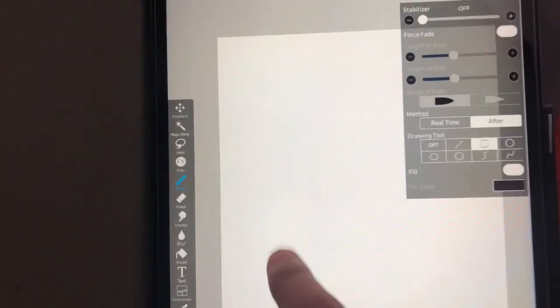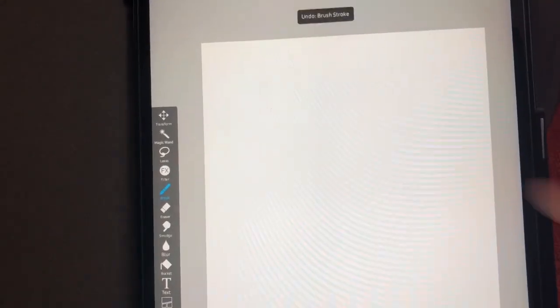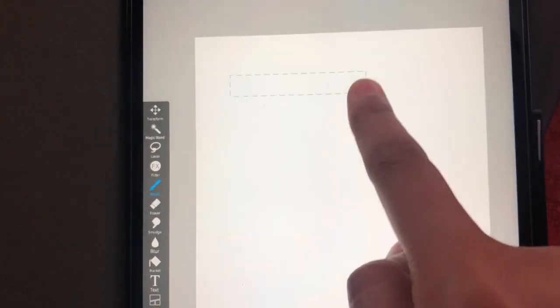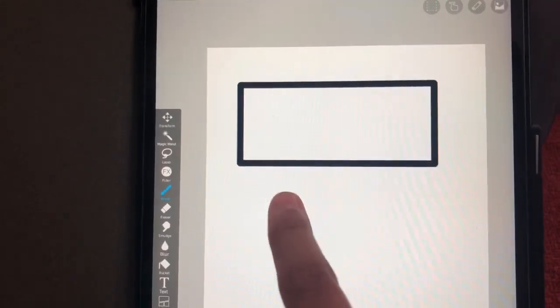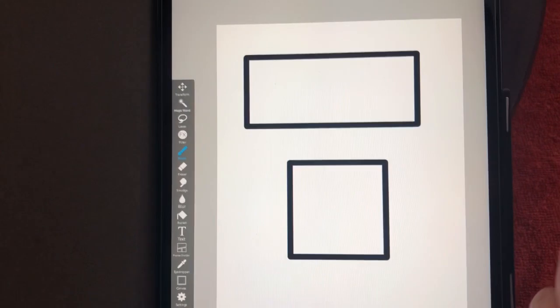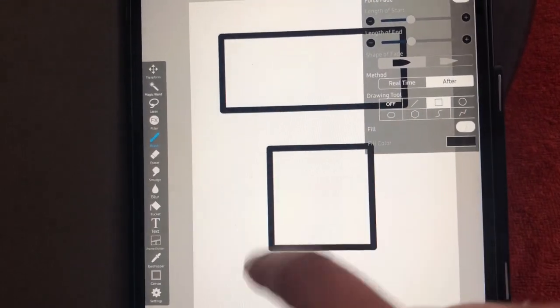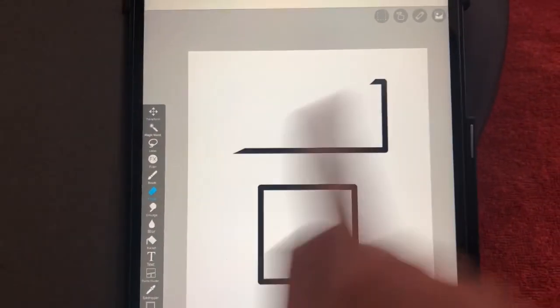I'll choose a square shape and let's drag and draw a square on the canvas. So this is how you can draw a square or a rectangle on the canvas. This is a rectangle and this probably looks like a square. So yeah, this is a square. So you can use the square icon to draw squares and rectangles on your canvas. Back, we use the eraser option and quickly clear the canvas so that we can use the other shapes.